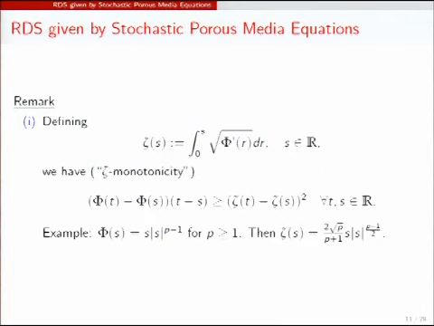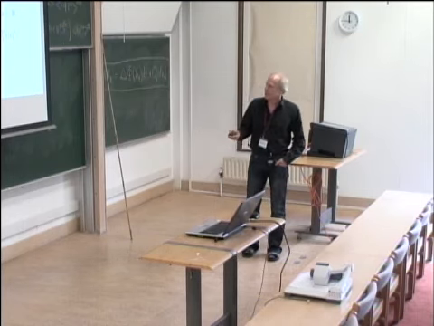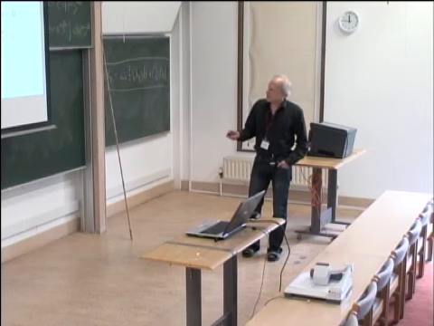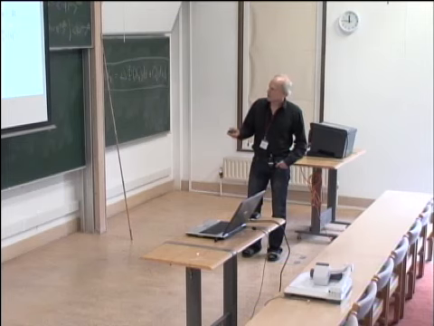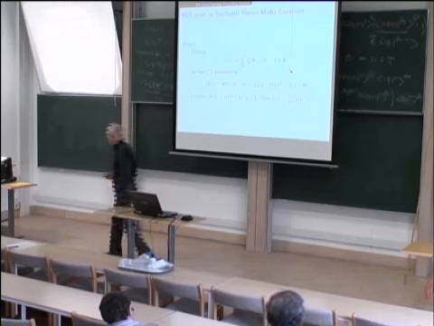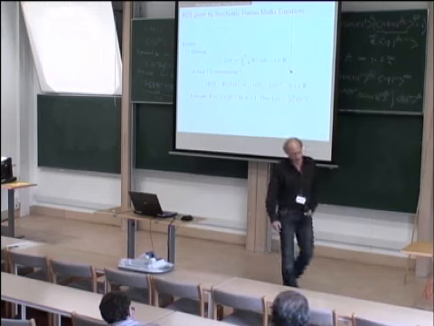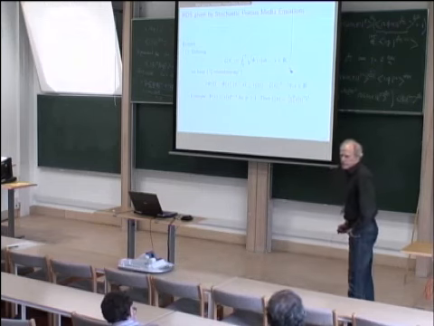And this function zeta is extremely important, as we will see later, and I would like to point out now, take this special case. This is the classical porous media case. I'm not doing fast diffusions here. My students are now doing fast diffusions, using the same things, but anyway. And then the zeta of s, you see, is this function. You can just calculate from here. You get this function, you get p minus 1 over 2, so it's of the order p plus 1 over 2. Okay, and that's known from the porous media equation. It's a very important power that you should study of your solution. So therefore, I think technically this is the cleanest way of using this fact, as we will see in a moment.